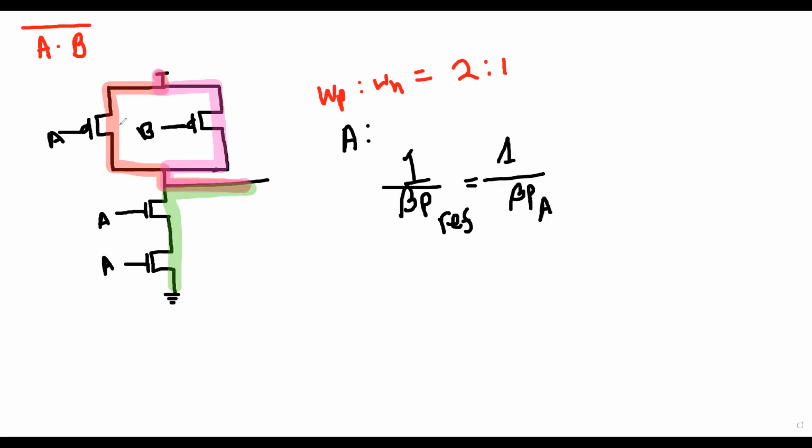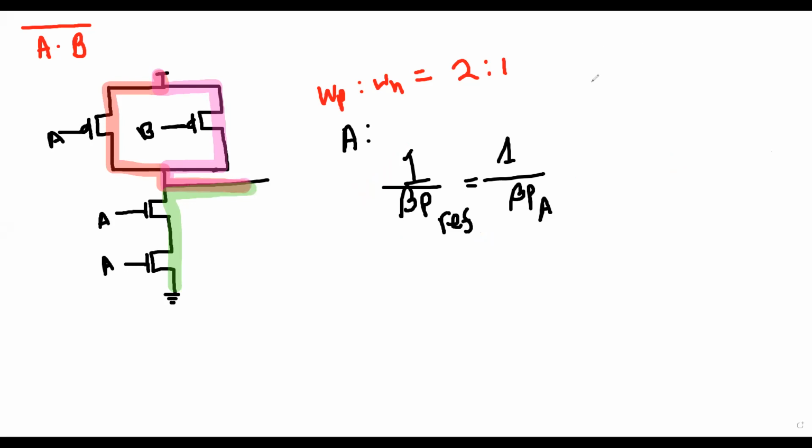Is there anything here in this path? Is there any other MOSFET in this red path? No. So there will be only one. So on this side is a constant, and on this side the MOS will be added. Added means if there is any more resistance, any more MOSFET in this path, they could have been added. We do not have any other MOSFET in this path, so nothing will be added.